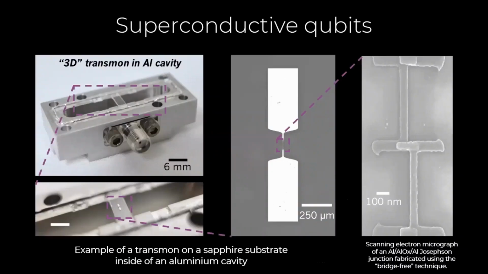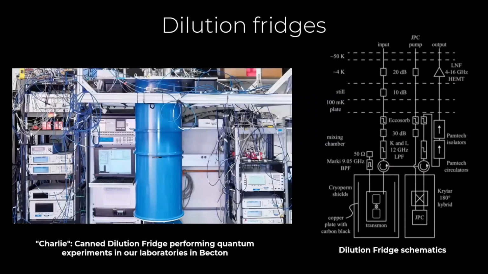If you want to see in practice how it works, all the transmons that I've shown you look like a little glass on the screen at the middle of the cavity. It's an aluminum cavity, and you have this chip in it. When you zoom in, you can see the scanning electron micrograph of the bridge. This is one of these things that we use, and all of that goes inside the dilution